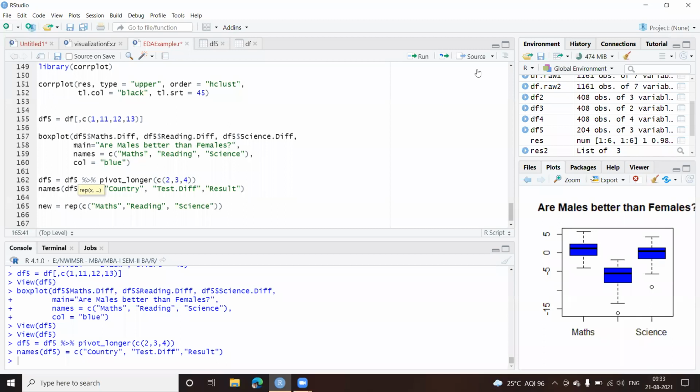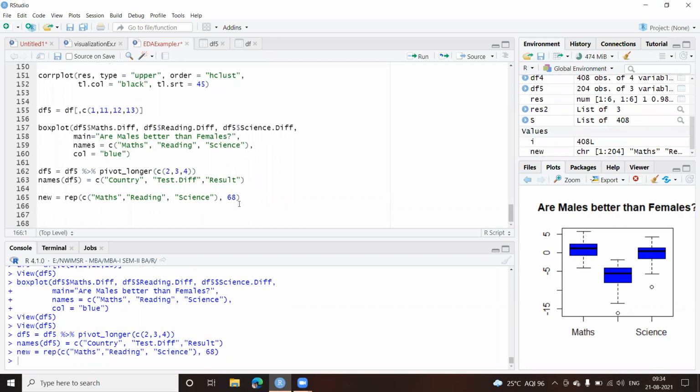For that, I need to check df4. This has to be divided by 3, so 68 times. So I'll give a comma and repeat this 68 times. It should create a column for me.